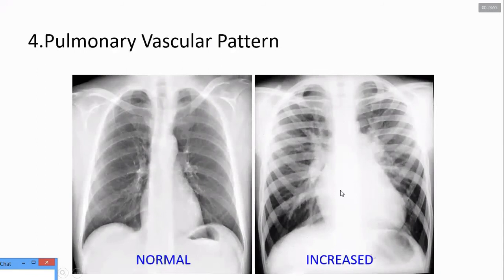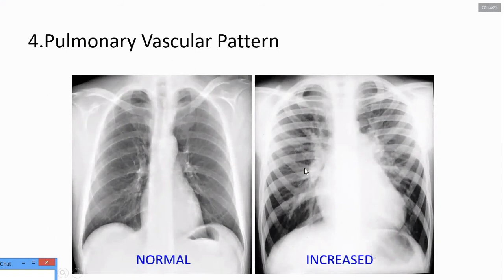Now, pulmonary vascular pattern. We have already discussed the vascular pattern in the superior, middle, and inferior zones, and the medial, intermediate, and lateral zones, and how they change. Now we can see the vascular changes with venous and pulmonary arterial hypertension. This is normal, as we have already discussed. There is tapering of the vessels from the hilum toward the periphery. Similarly, there is increased vascular prominence from the apex toward the base of the lungs.